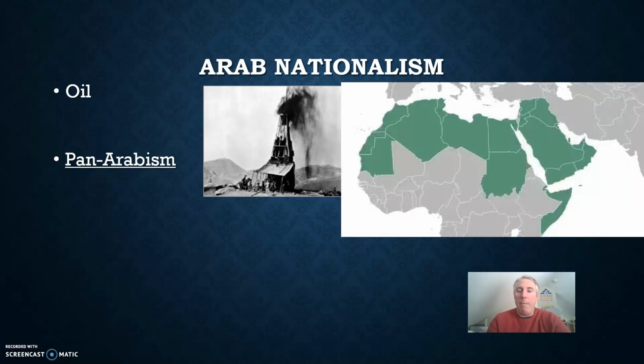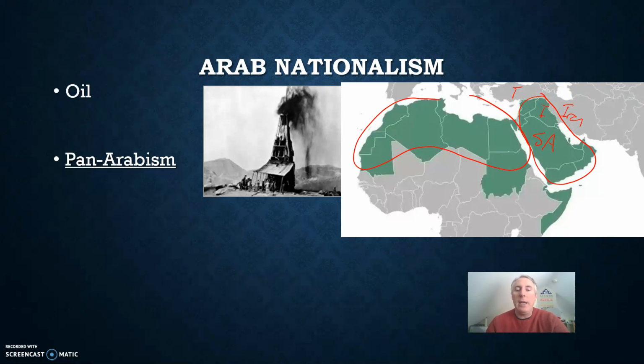Now, let me also just show you a map. These are all countries that either have a majority or sizable Arab population. Most of North Africa does, Egypt, Tunisia, Algeria, and so forth, but it's really this area in the Middle East, the Arabian Peninsula. This is Saudi Arabia, the biggest one there. And then you've got Iraq, Jordan, and Syria. This is Iran. This is Turkey up here. So these are not Arab countries. These green ones are your Arab countries.